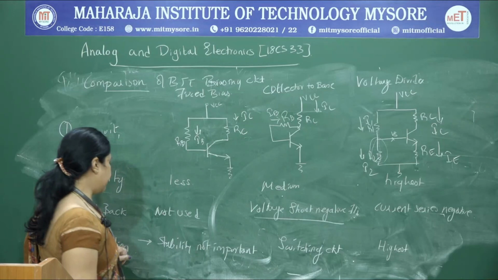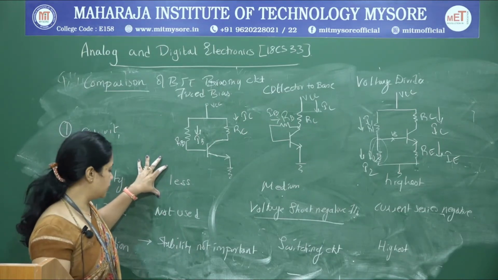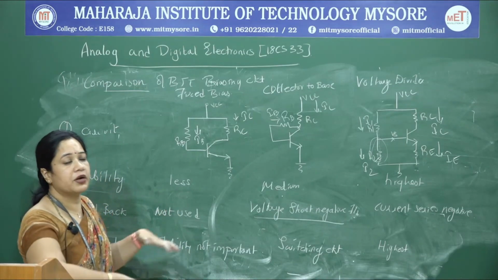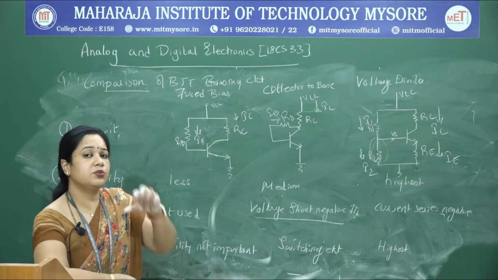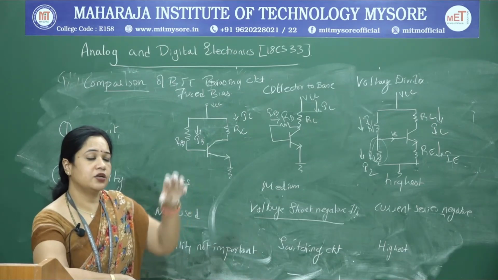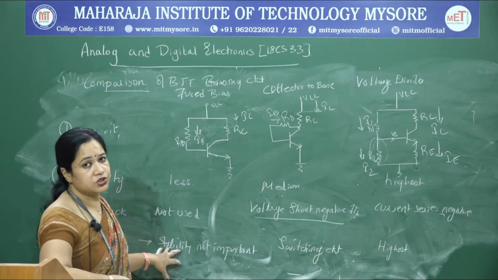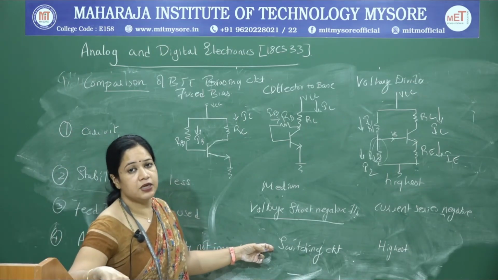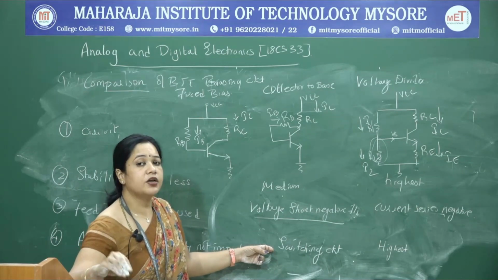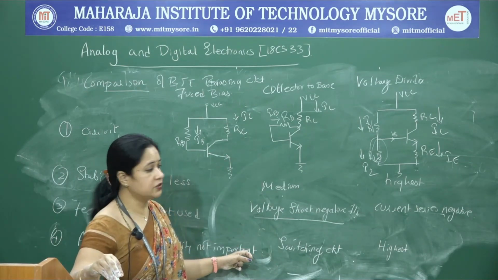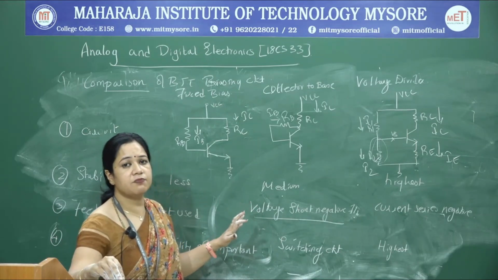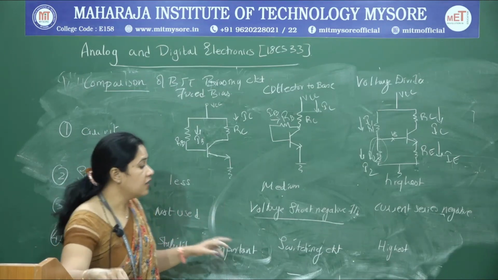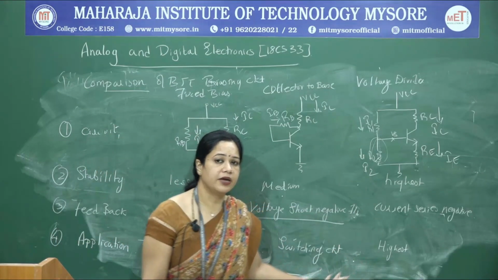And coming to the application, fixed bias is used in applications where stability is not very important. So if you are working in an environment where there is little variation in the transistor gain or little variation in temperature, you try to use such fixed bias circuits. If you want to use it in switching applications which demand moderate stability, we make use of collector to base bias. And if your application demands the highest stability against temperature and transistor gain, we go with what is called the voltage divider bias circuit.